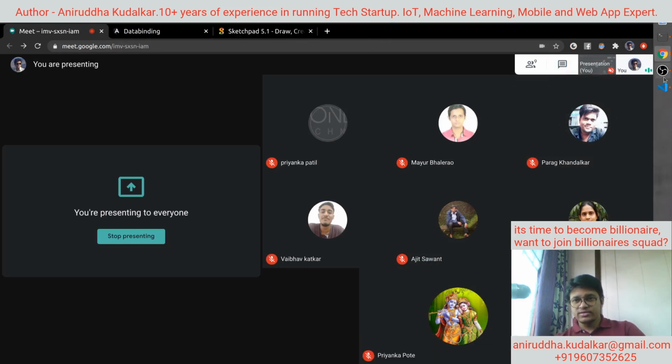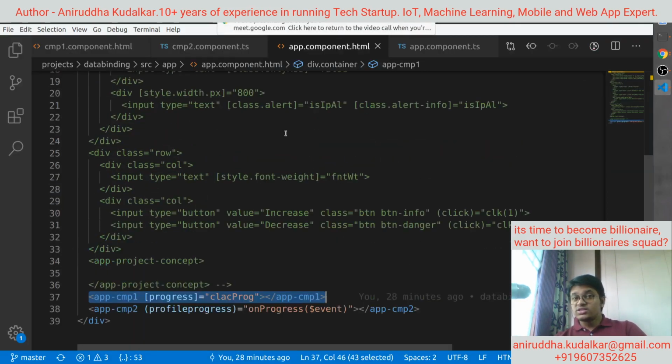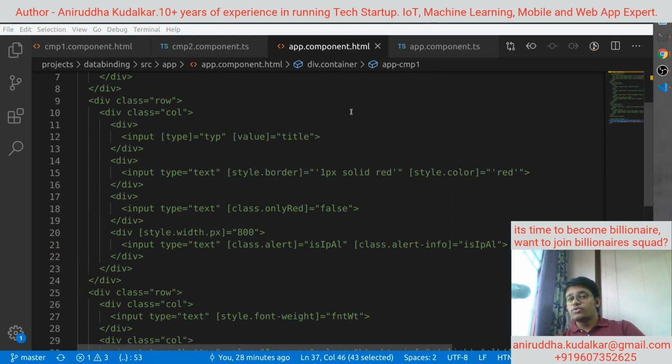Okay, fine. So this is a practical example of data binding and creating custom components and custom events. Now, as a homework,